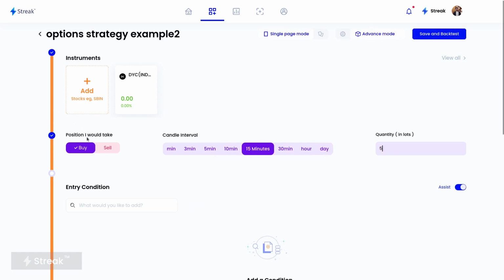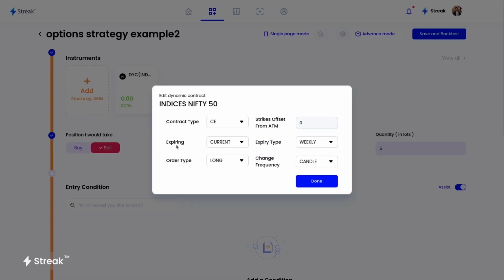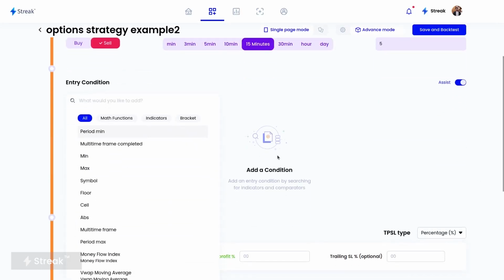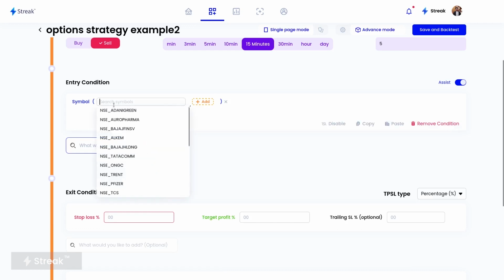Again, like I had explained last time, this option we do not need to select over here because we have already defined that I want to go long on the call option, the at the money call option. So here I wanted to check the pivot points condition on the Nifty 50 index, right? So for that, I'm going to use the symbol function. I'll put the symbol function and type Nifty 50 over here,